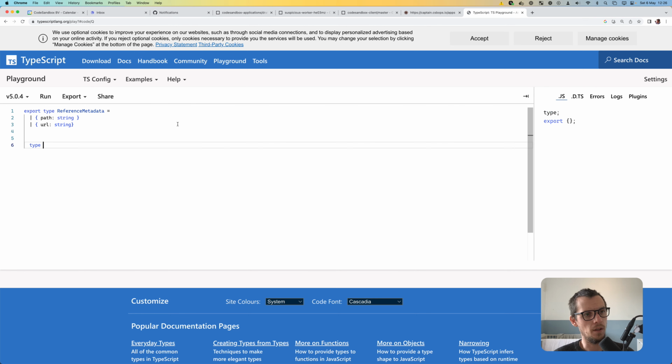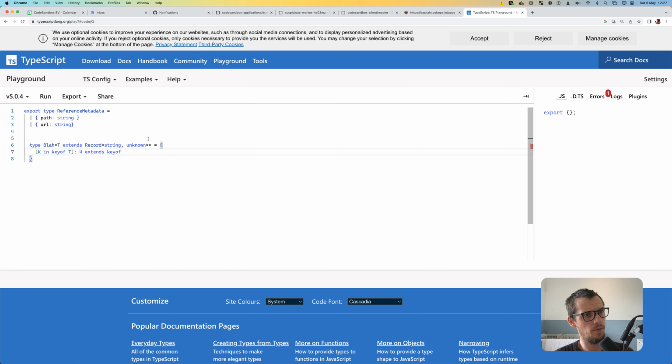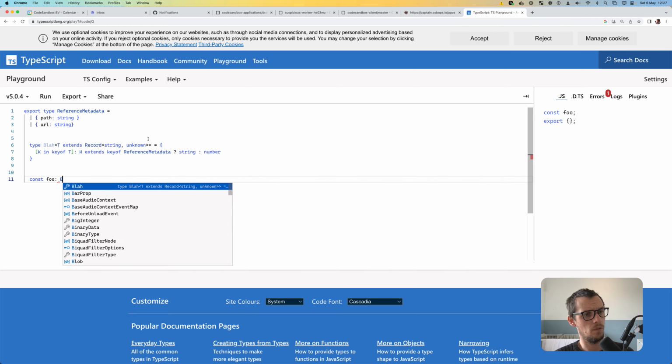And then what I'm going to try is type blah is, so blah here will be T extends record string unknown, and then we're going to check k in key of T. So we're looking at this, and then we're going to check if it actually extends a key of reference metadata, string or number. So when we now do const foo blah,